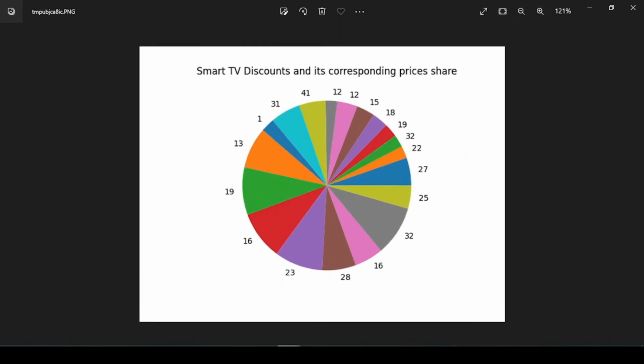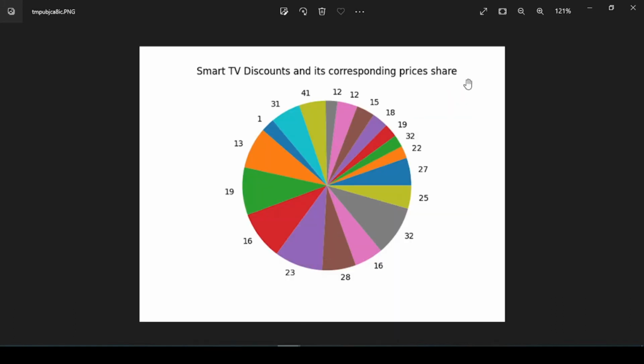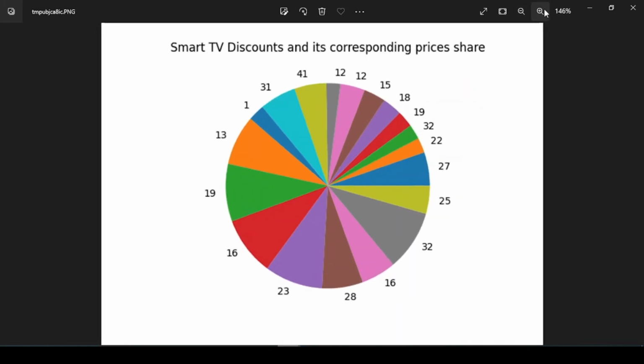Let us analyze the details quickly. On the x-axis discount details are there, and on the y-axis price details are there. So this has generated a useful analytical report. Another type of report is a pie chart where the price and the discount have been used to create a pie chart. So by using Selenium and Python, we have scraped the data from the website and we have created